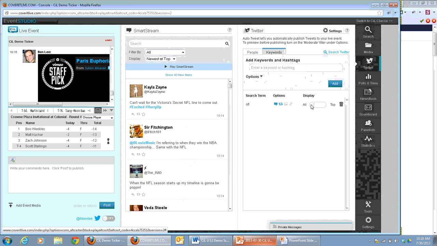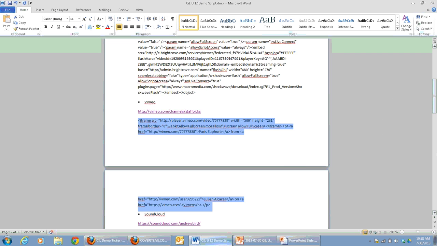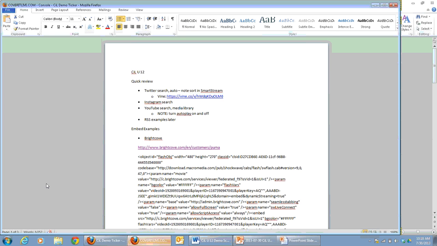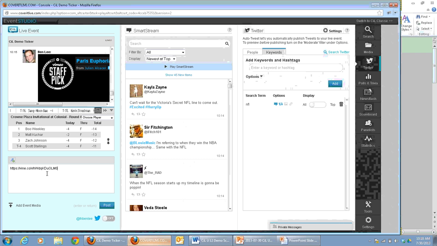But another thing to keep in mind with regard to video in Twitter is that there is Vine support from within CoveritLive. And this is very simple. All you have to do is post a Vine link. I went ahead and grabbed one up front that I thought was kind of cool. If you simply paste that Vine link as your piece of content into the event,